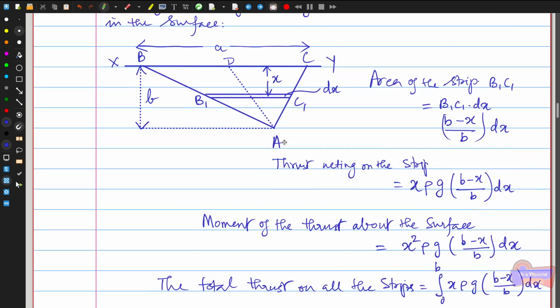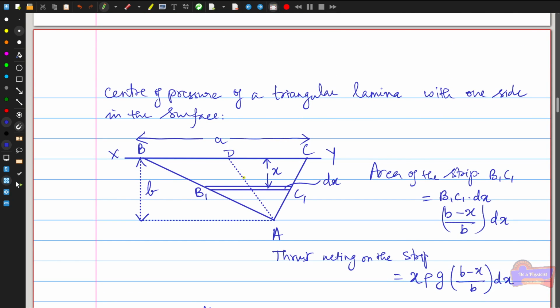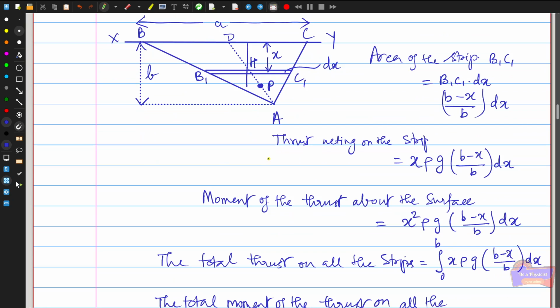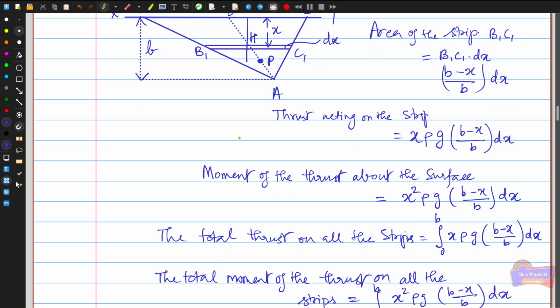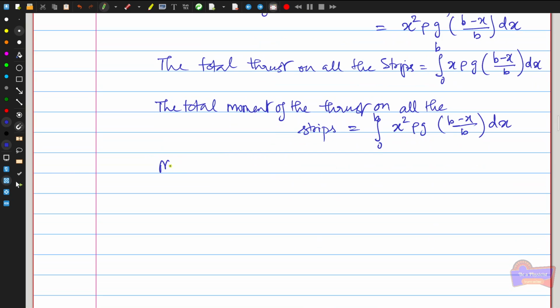So again, I'm going to consider one point here, maybe the point P, which we can consider as the center of pressure, which is actually situated on the median of the triangle, the line AD, and the height from the water surface is taken as h. Then I can find that the total moment acting about this center of pressure point P, that is the moment of the total thrust acting on this point P due to the surface xy, can be written as the moment of the